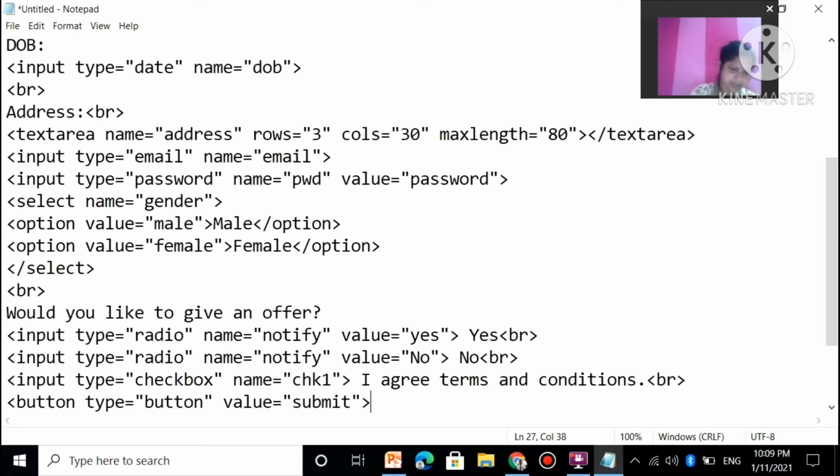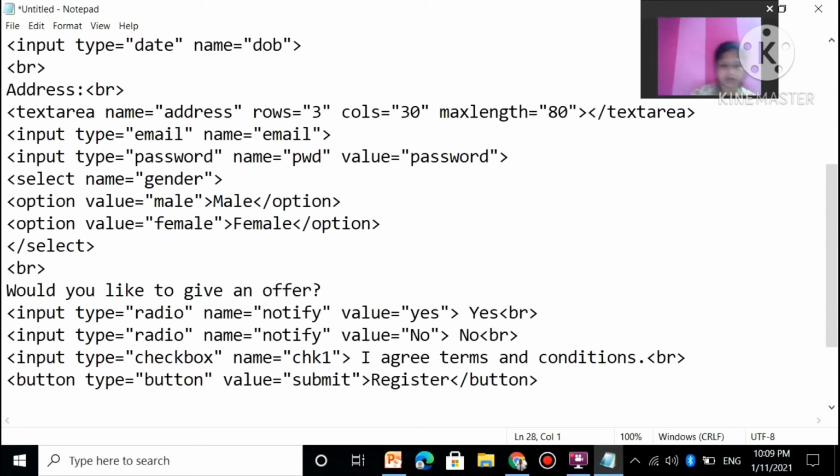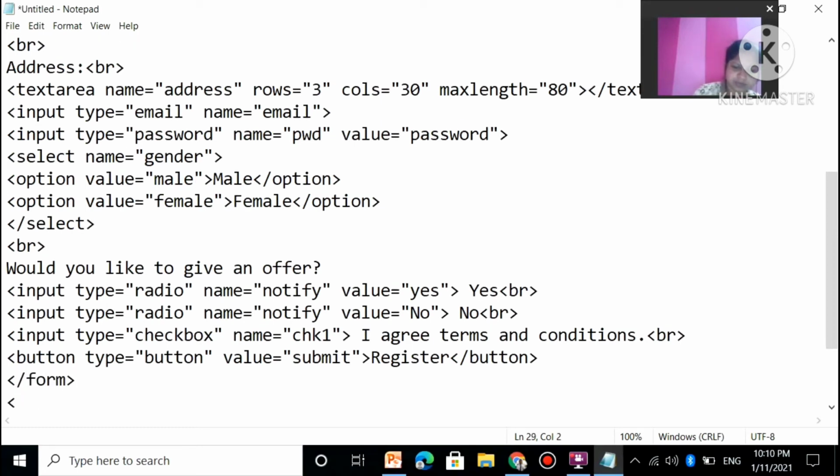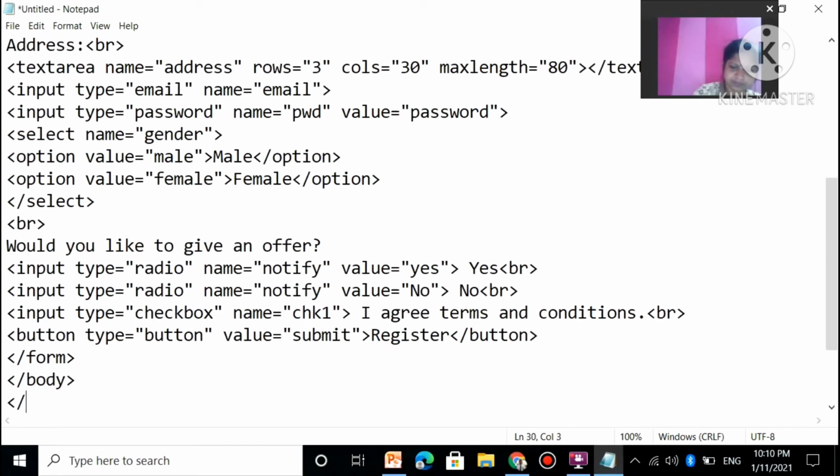So here it is given register. Close button. So now all the elements we have included. Okay. So now close form, close body. Now save it and see the output.